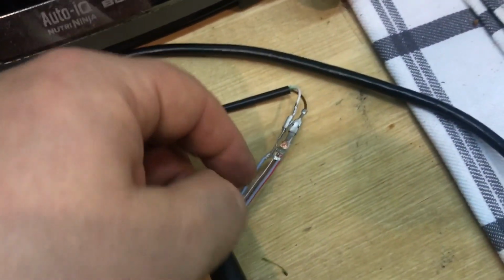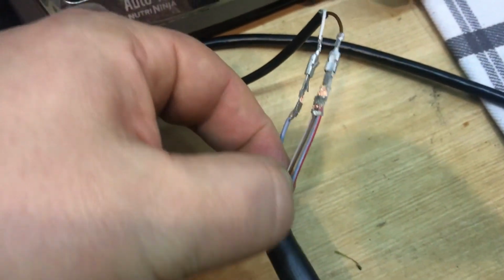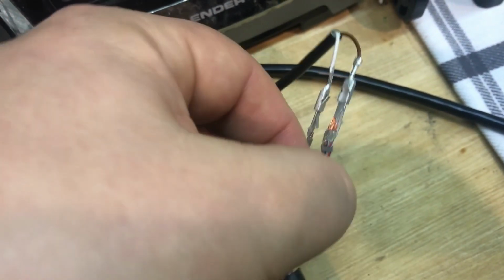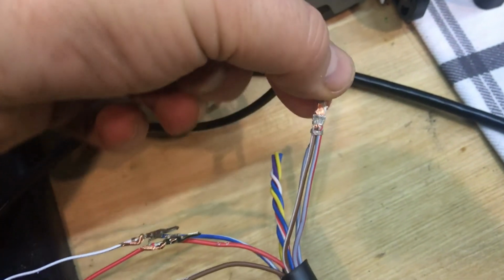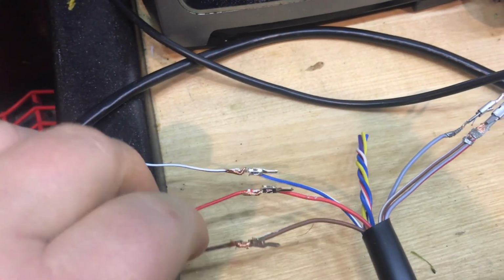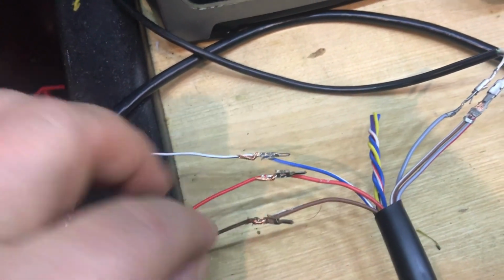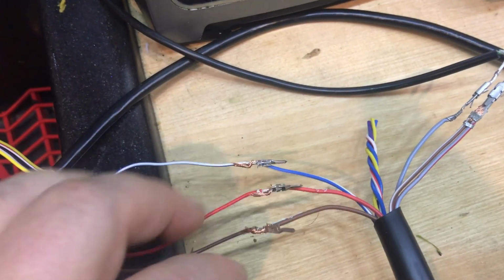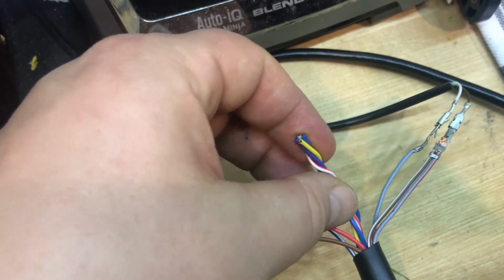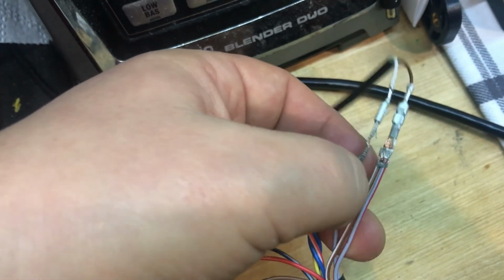The only other thing that you have to do to get it to work is these 2 wires here. There's a brown white and a gray red. Those ones you have to connect together. And once those 2 are connected together and these 3 are on, and you have your power and ground wires connected to power supplies, it's going to start working. That's all that's needed. So the rest of the ones from this bundle aren't needed. Neither is this one, unless you have